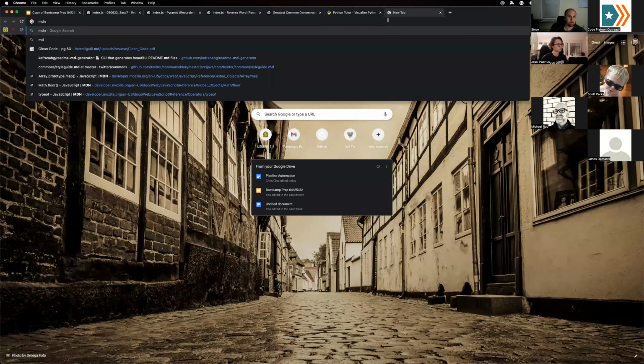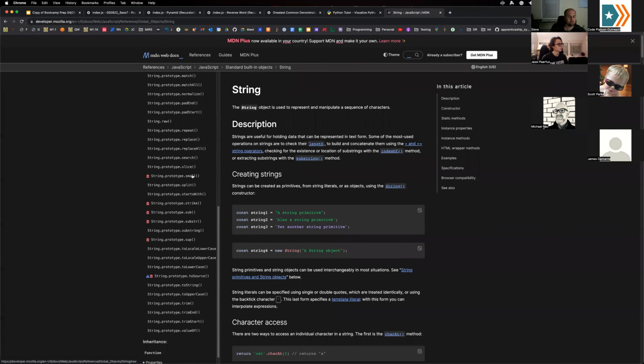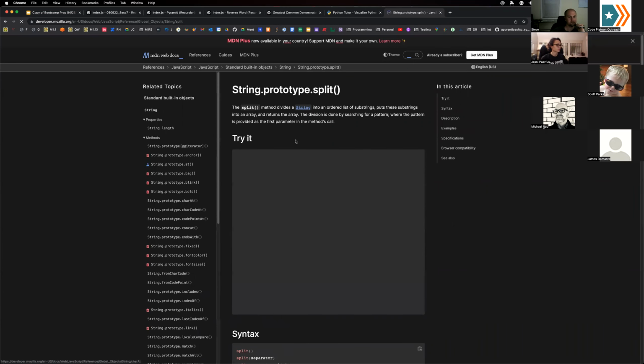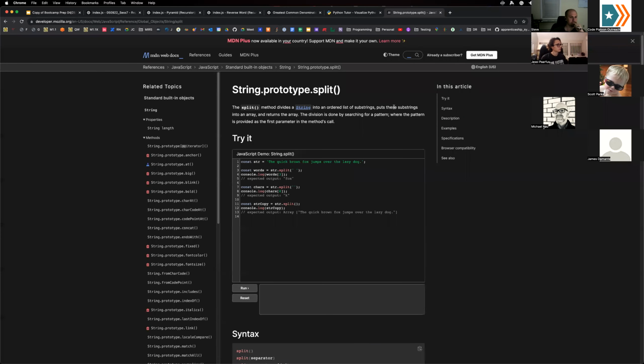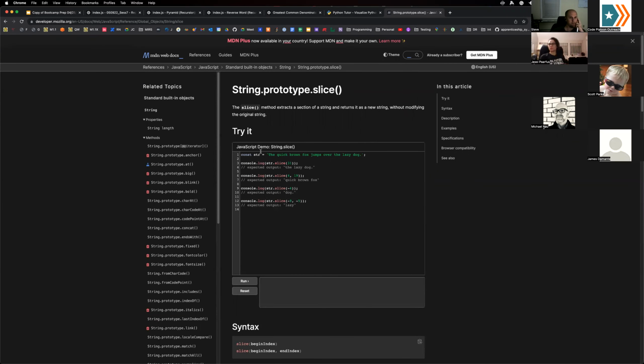So let's take a look here. So we don't want to use dot split, right? The split method divides a string into an ordered list of substrings, puts these substrings into an array. So we don't want that. Something that would be useful though is right next to it, and that's slice, right? So the slice method extracts a section of a string and returns it as a new string without modifying the original string. All right, so if we take a look at that,